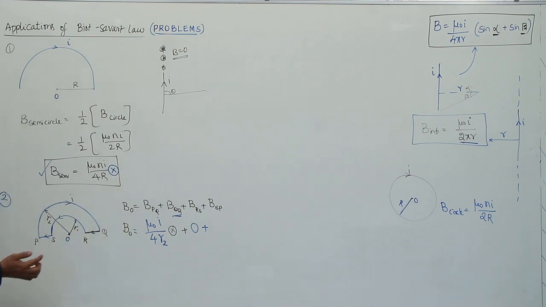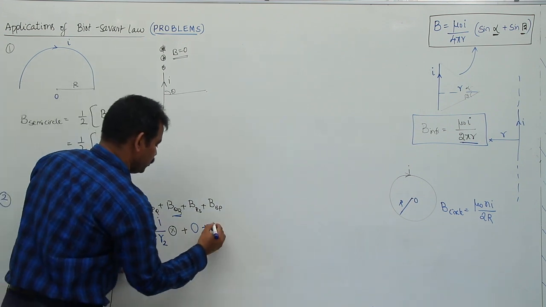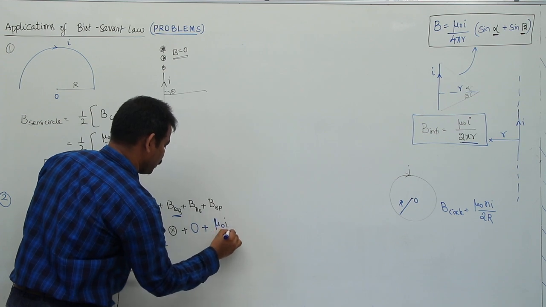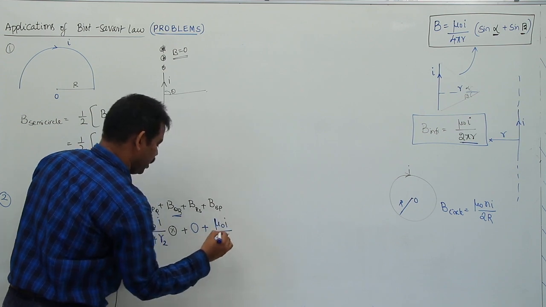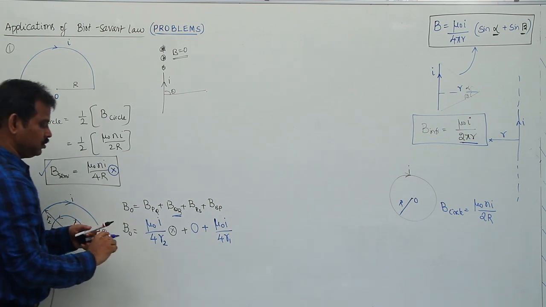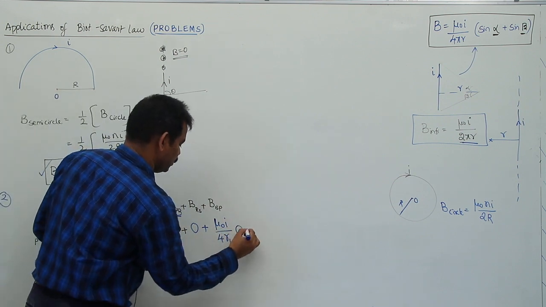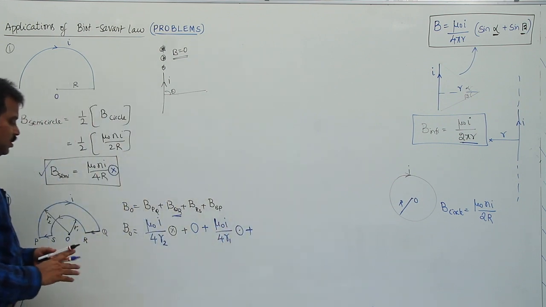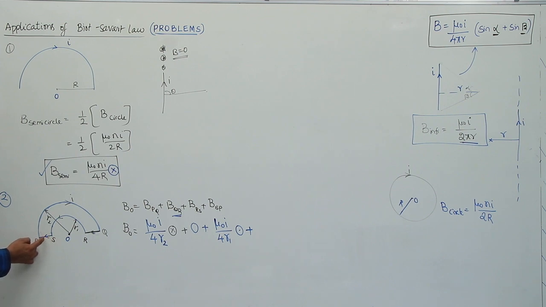Now what is the magnetic field due to RS? Here current is flowing like this. The field is outwards. This is also a semicircle. So this can be written as mu naught I by 4 R1, and here the current is flowing like this, the field is outwards. So I am going to keep one symbol here, outwards, plus, and what is the magnetic field due to SP,